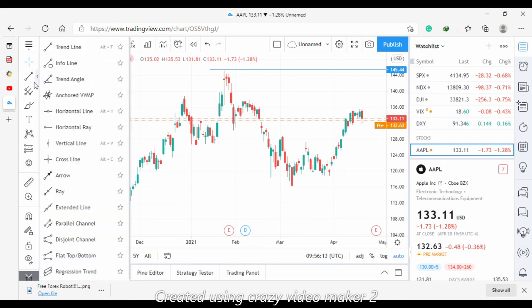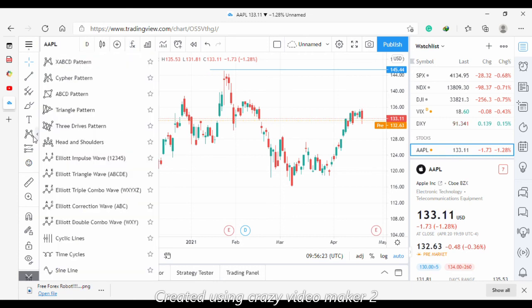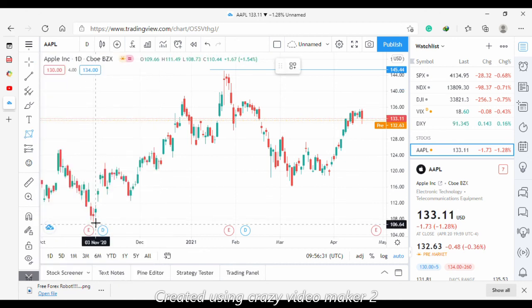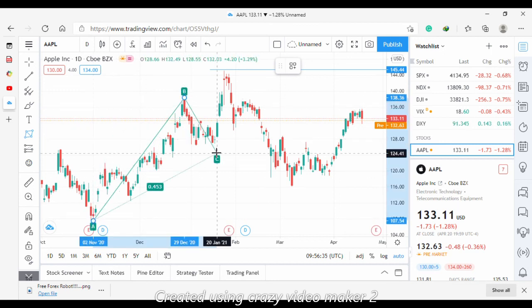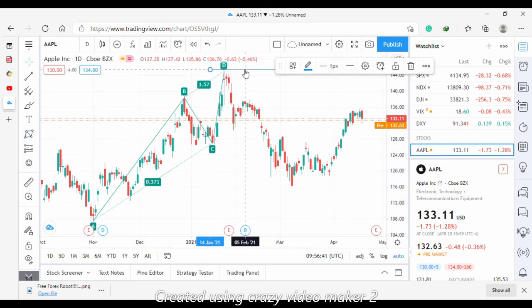So don't stress much about measuring those lines. And I use XM, so drawing these lines is very difficult. And so measuring is also a nightmare. Here's the tool you can use. You go to this point here where the ABCD pattern is actually laid out for you. So you click point A, point B, point C, point D is your entry, and then this is your target right here,